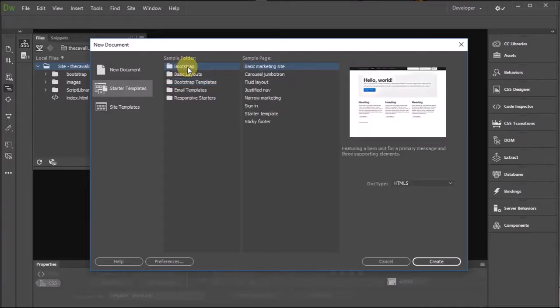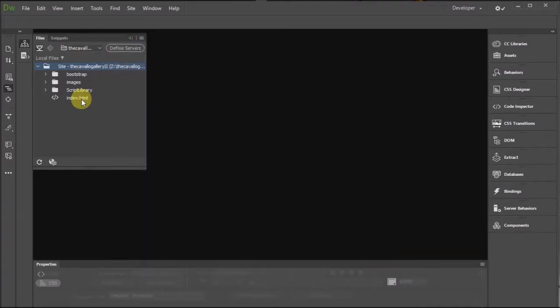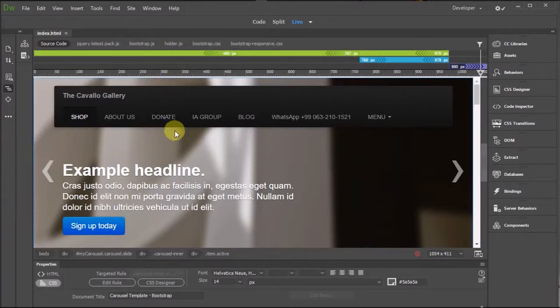So we open the basic Bootstrap carousel Jumbotron, which has a menu and it has a slider. Now we worked on the menu really quickly. We changed all the menu items,